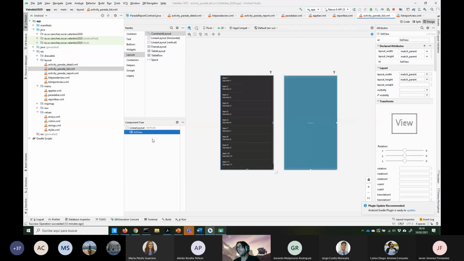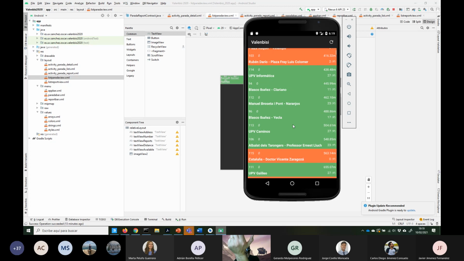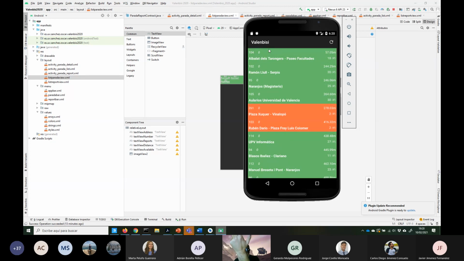Realmente lo que estamos jugando es que el list view lo que hace es crear un layout individual para cada uno de los ítems en la lista, el list view o el recycler view que hemos visto u otros. Entonces, para cada uno de los ítems desplegamos este layout. Cuando estás viendo esta aplicación, ves un layout general, el del list view, con pequeños layouts que se crean a medida para cada uno de los ítems en la lista,